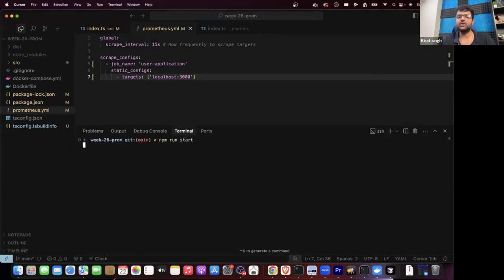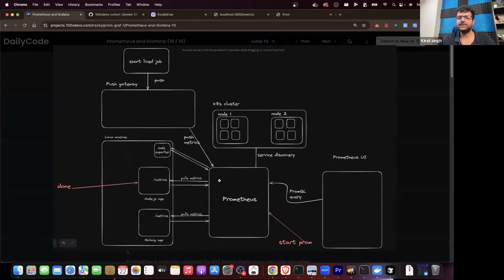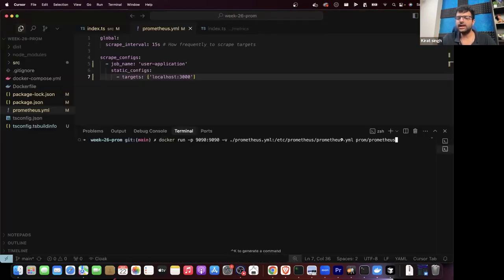Let me keep the Node.js application running on one terminal. Let me start Prometheus in another terminal. Docker run with this port mapping 9090:9090, which means whatever is running on port 9090 here gets exposed on my Mac machine. We understand port mapping by. A new thing I've added here is a bind mount. I am mounting the ./prometheus.yaml file, which is this file right here, inside the Docker container on